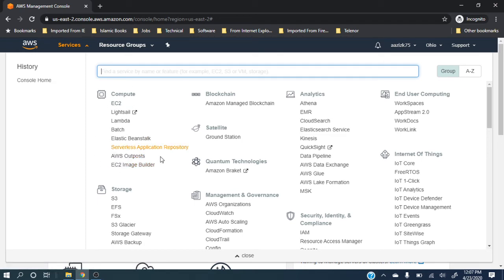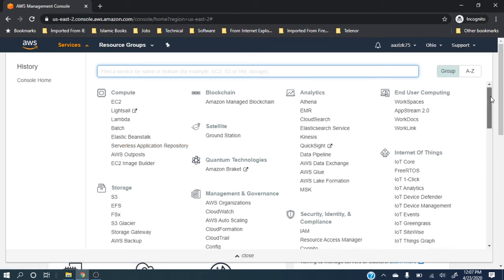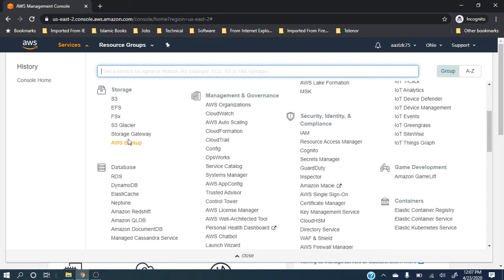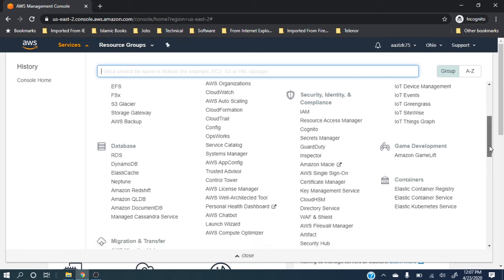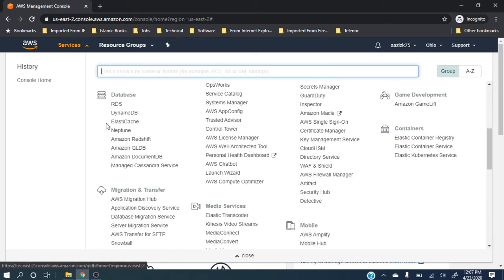But for example, you can launch a virtual machine from here. These are some of the paths for launching some types of virtual machine. Then you can launch different kinds of storage. S3 is the most common one. Then here you can launch databases, DynamoDB and whatever.